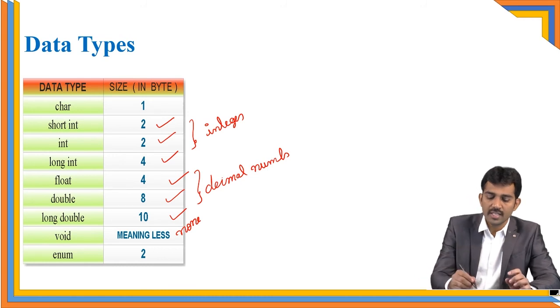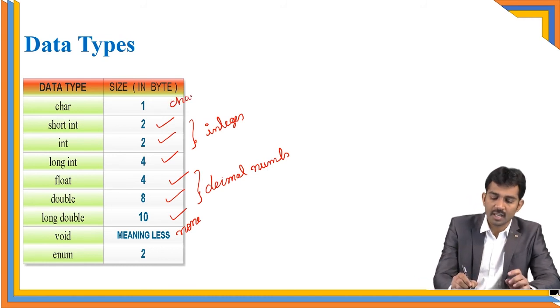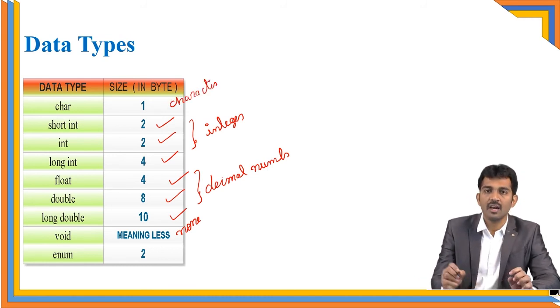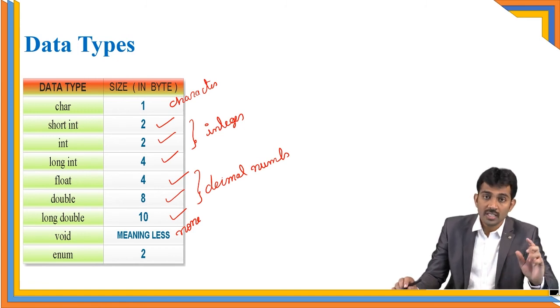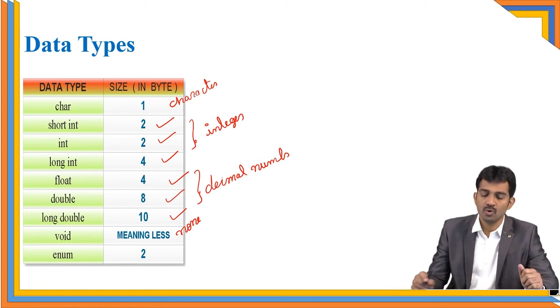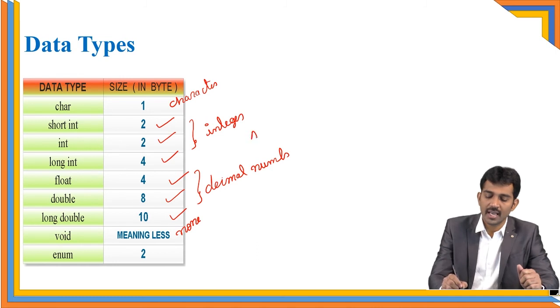Is this clear? So it is a character type. There is no string in C language. If you want to declare a string, you should use the array concept. We will discuss that later also. So C supports only the character data type. You know that an alphabet enclosed with single quotes is called a character. Please note this.